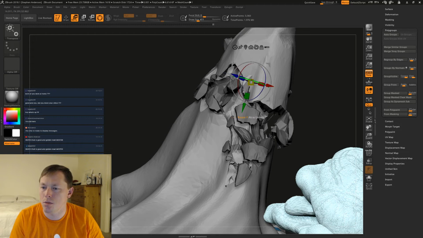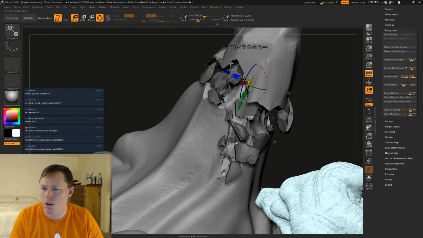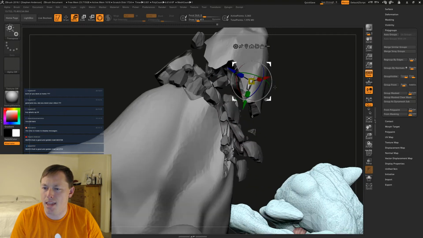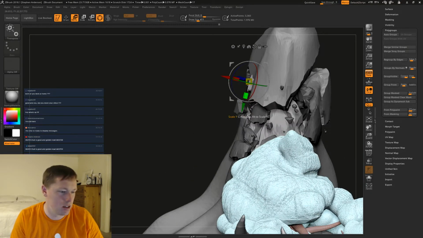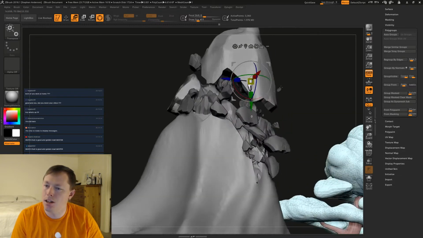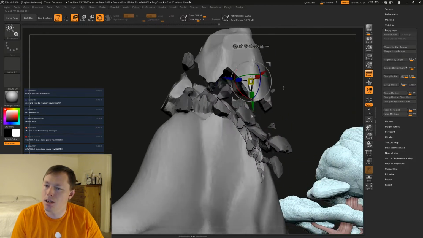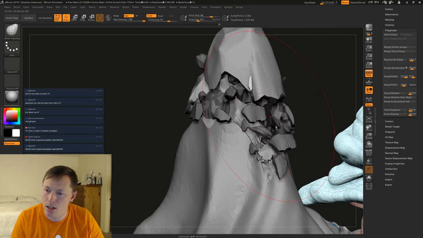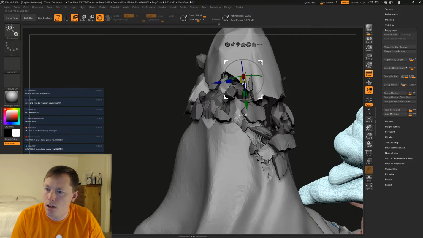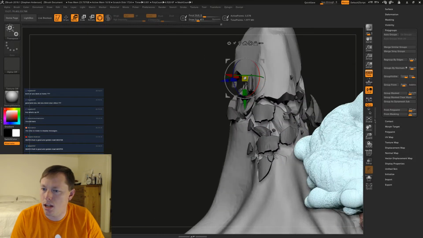You know what, let's turn this around. We'll kind of skinify it a little bit. Let's take this and we'll just shrink it a different way.